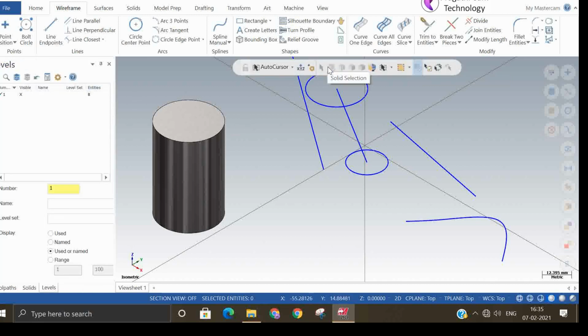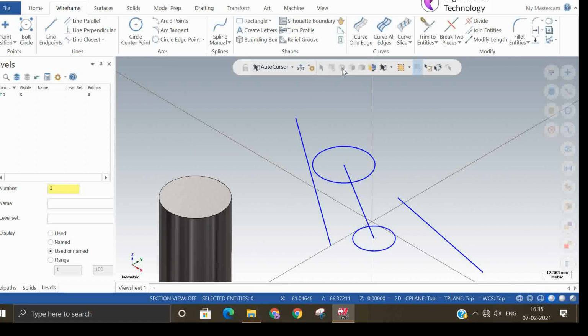Okay. So these other things are the selection methods. This is the solid selection methods. Suppose if you want to select the edge of this solid, so these are all the chain selection methods.